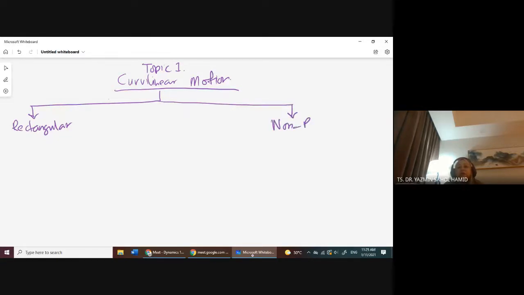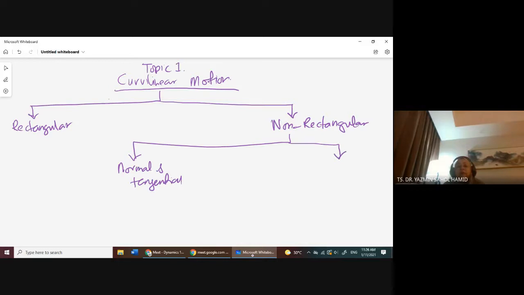For the non-rectangular coordinate system, last week we learned about solving problems related to normal and tangential. Okay, so for today's class we're going to solve a problem related to radial and